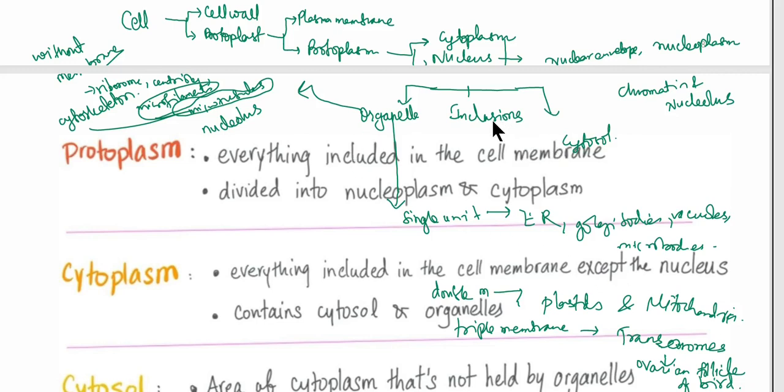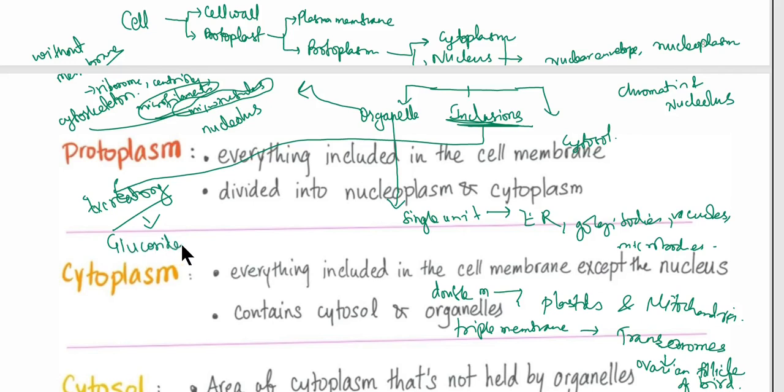Now the next is the inclusions. So let's talk about it. It includes the excretory substances like that of glucosides, tannins, gum, resins, etc. Likewise the secretory substances